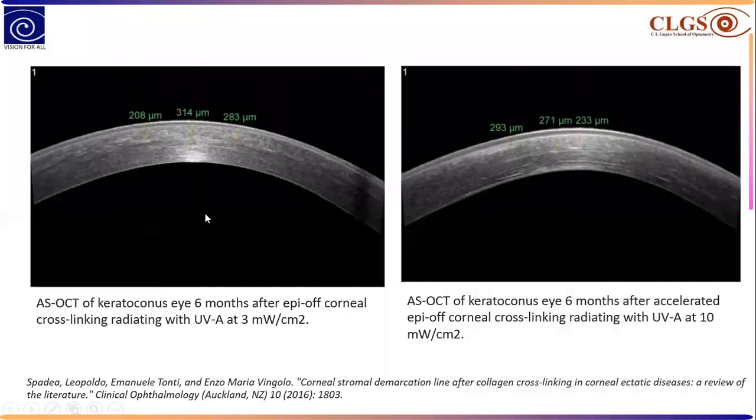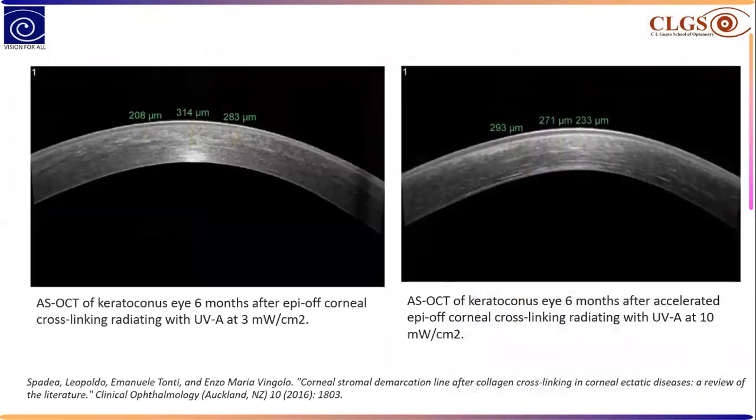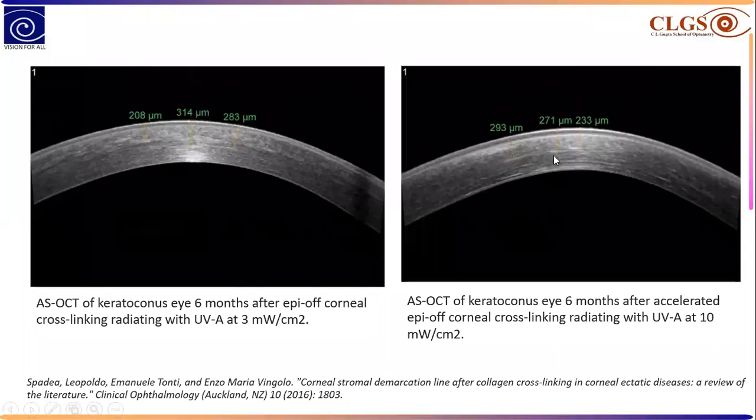So this is a picture of it. Here the demarcation line is more clear. Normally, what does the demarcation line show? The area below the demarcation line, the cornea is less reflective, and the cornea above the demarcation line is more reflective. More reflective is because it is treated with C3R or CXL. Normally it happens because in CXL, a lot of chemical change happens.